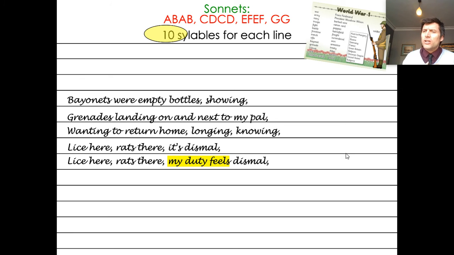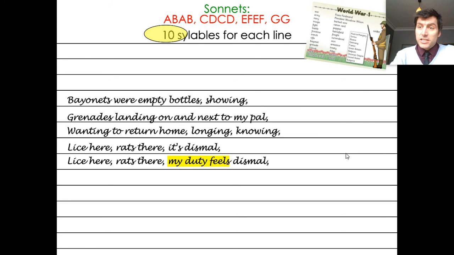My duty. Do you remember when Wilfred Owen described duty as this idea that people felt, this patriotic duty? He felt it at the beginning of the war, but at the end of it, he didn't think it was a duty that people should feel. Dulce et decorum est. My duty feels dismal. The duty feels dismal because of the scenario he's facing in the trench, this soldier. So now we've got,